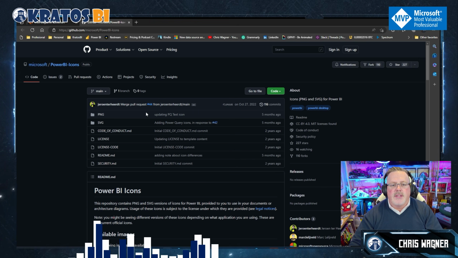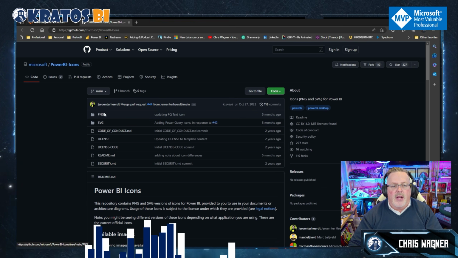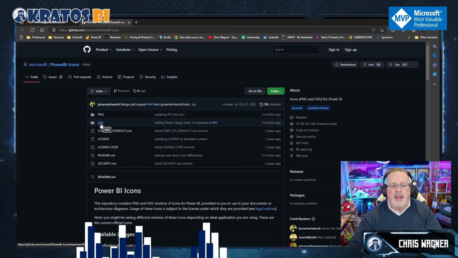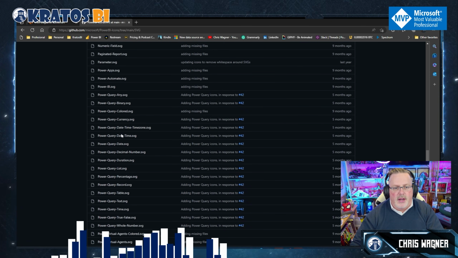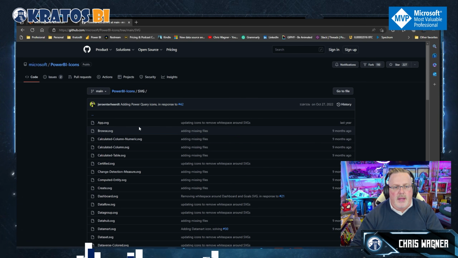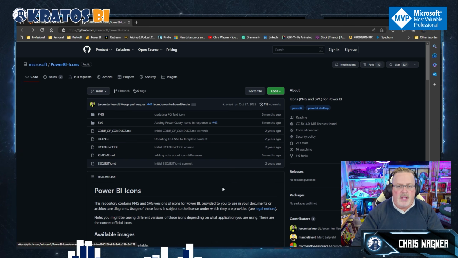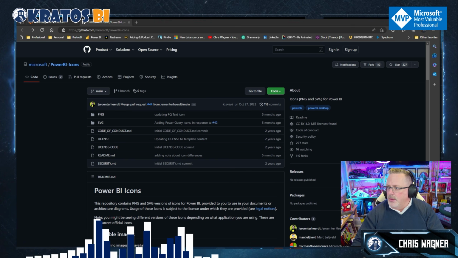And what's inside of here, and the reason I like this is I get all sorts of PNGs as well as SVGs for a lot of the shapes that are inside of the Power BI standard icons. Okay, so once that's downloaded,